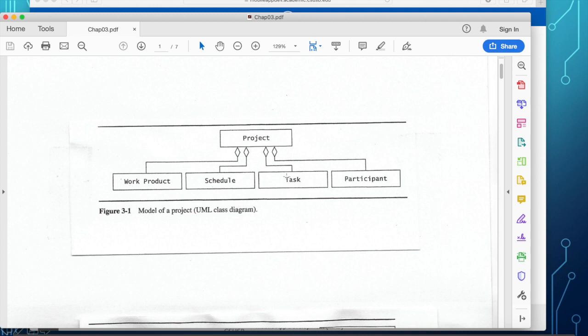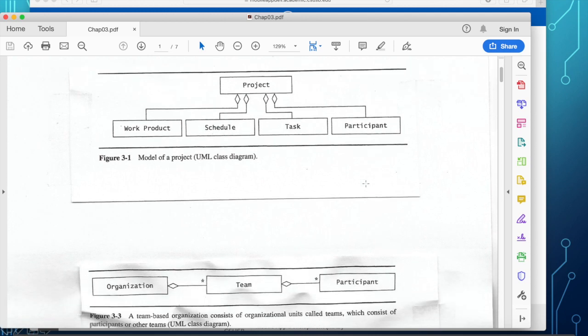And the tasks are measured in terms of the schedule, whether you are achieving the deadline or not, and the participants are you guys in a team organization assigned to a particular software project.